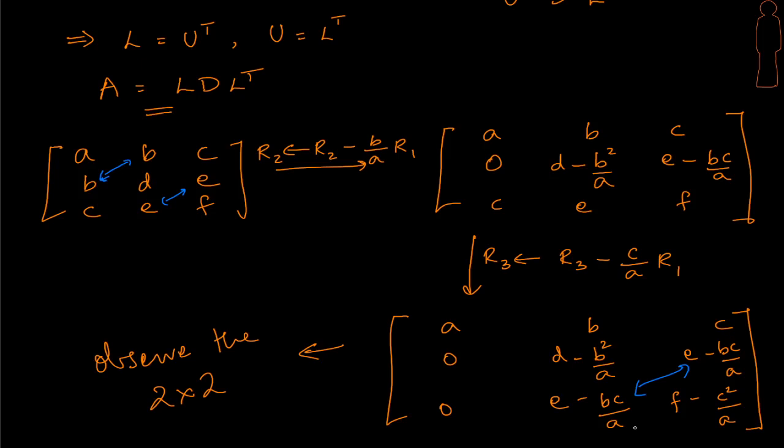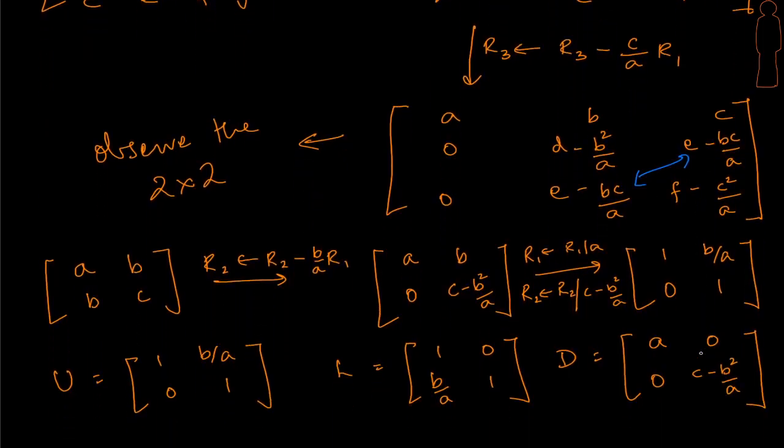And what is the advantage of this? The advantage of this is that we really need not maintain two different computing storage elements. I think even if we are able to maintain one, we will be able to know on the other side what it is going to be. If we know Aij, we will easily know Aji as well, and therefore that reduces the space for computation and also brings down the time for computation. So if we say n cube by 3 is the amount of compute that we used for LU factorization, or say inverse, or say elimination for a matrix A, when matrix A becomes symmetric, we are going to use only half of that compute, which makes it n cube by 3 into half is equal to n cube by 6.